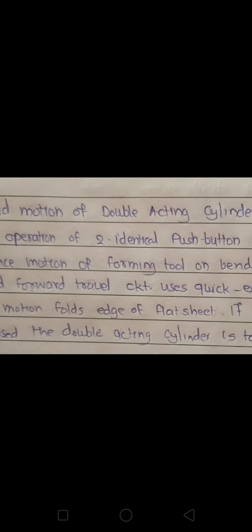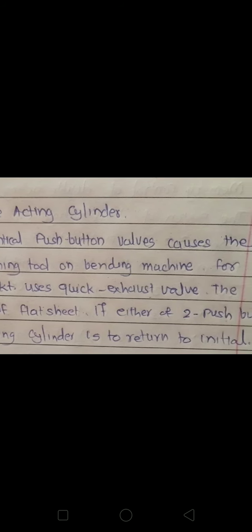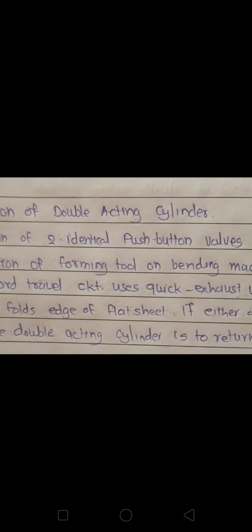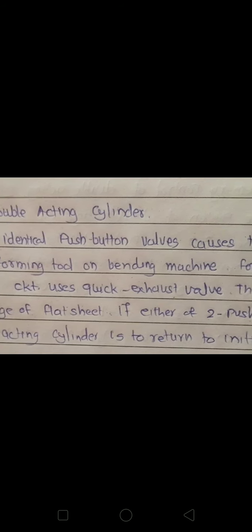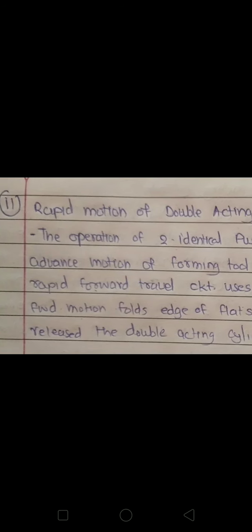The operation of two identical push button valves causes the advance motion of a forming tool on a bending machine. For rapid forward travel, the circuit uses a quick exhaust valve. The forward motion folds the edge of a flat sheet. If either of the two push buttons is released, the double acting cylinder should return to the initial position. This is what is required.